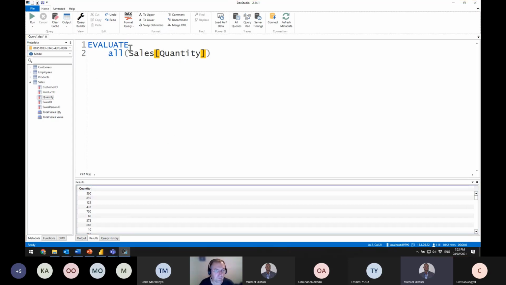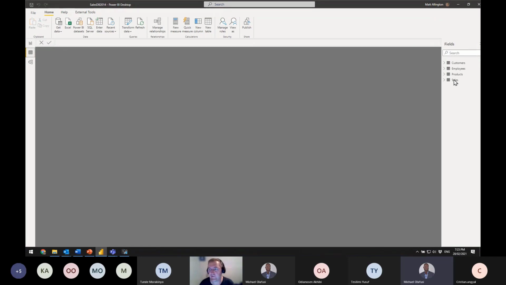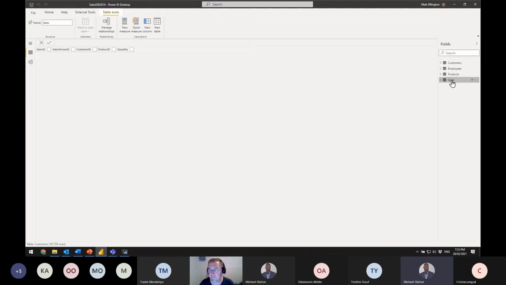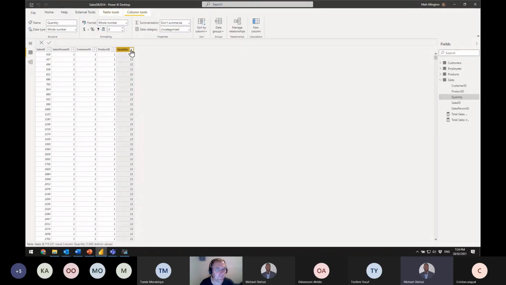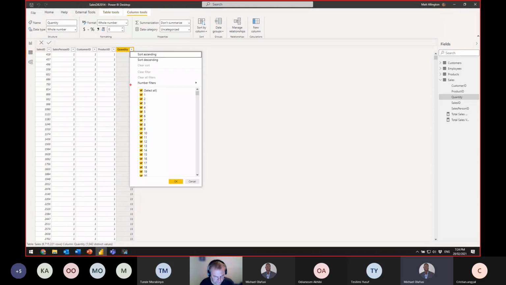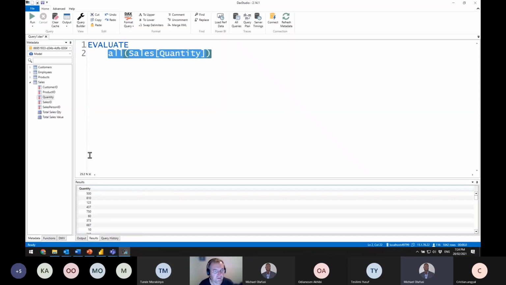Now, this table consisting of a single column is exactly the same as you would see if I jumped over here to the sales table and I clicked on the quantity column and clicked on this filter. This filter will give me a unique list of all of the unique values inside that quantity column. And so this is exactly the same thing. This drop-down list here is exactly the same list that gets returned here by DAX as a query language. All right, so